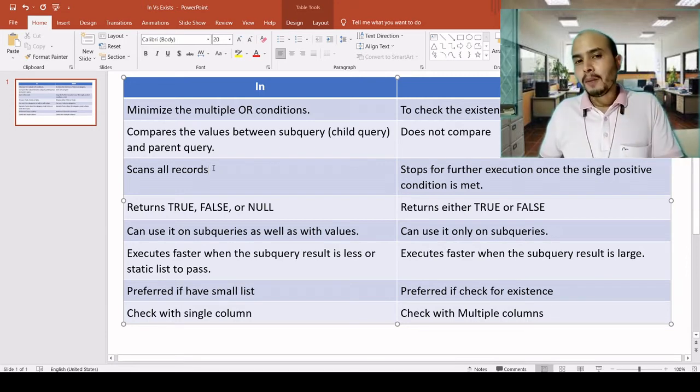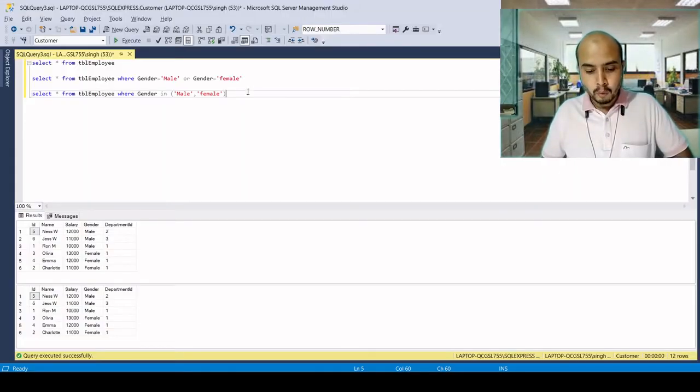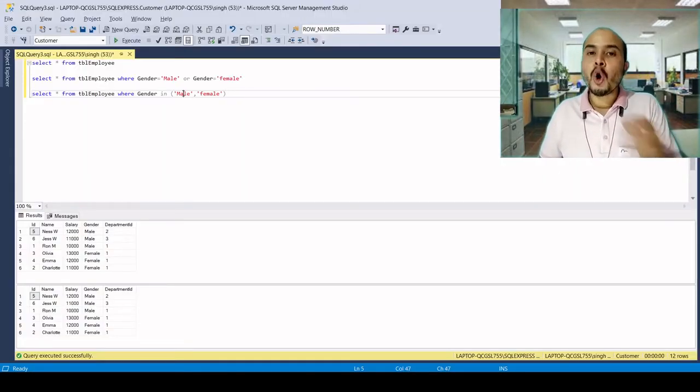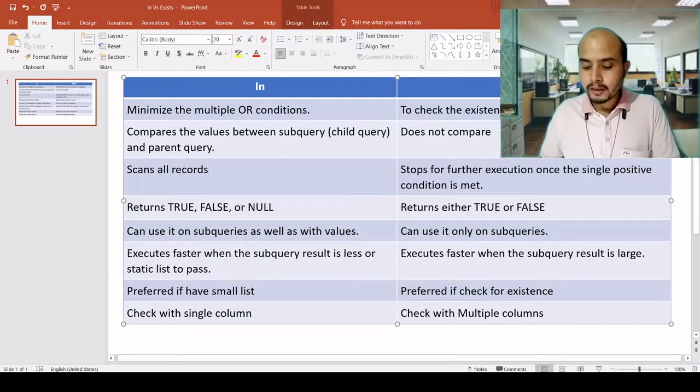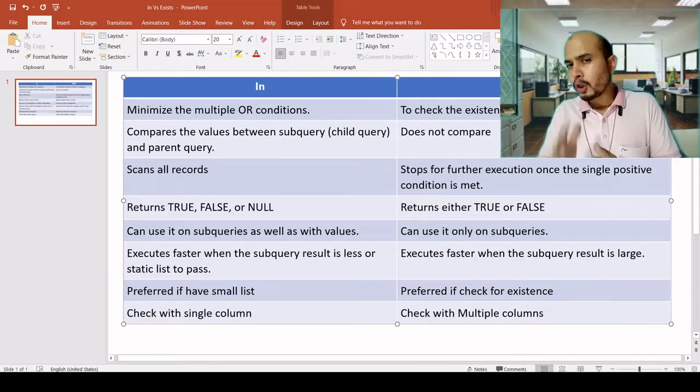And the IN operator scans all the records. Why? Because in the current query it was querying all the values: it was checking male in all the gender rows, and it was checking female in all the gender rows. So it was checking all rows, whereas EXISTS does not check all the rows.